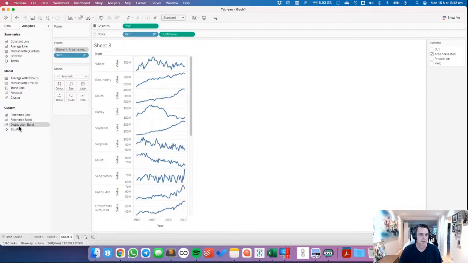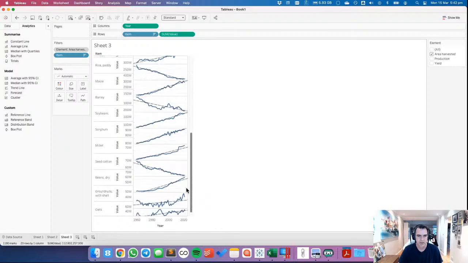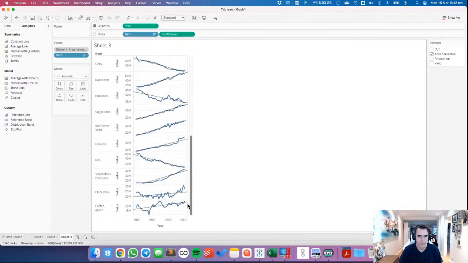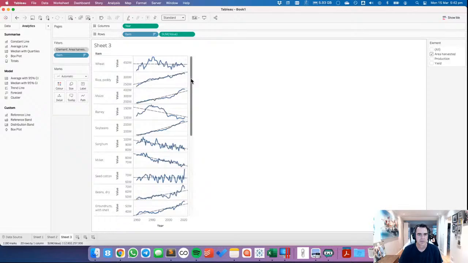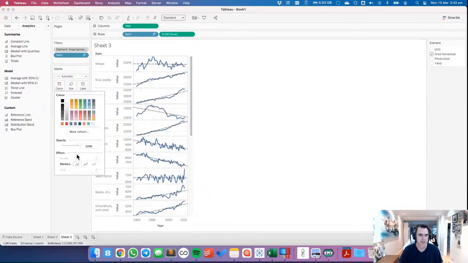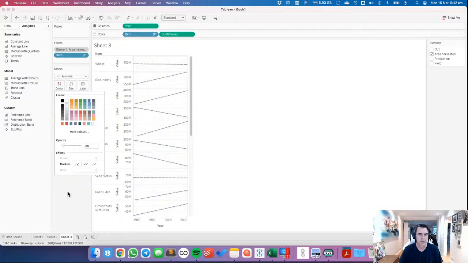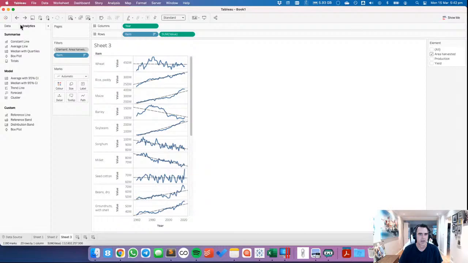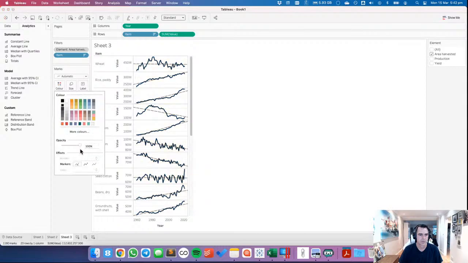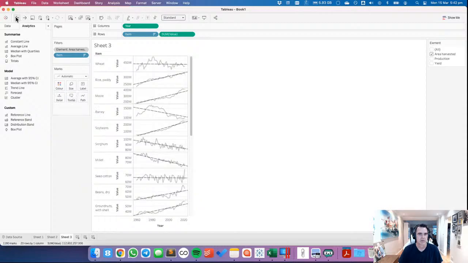I could maybe stick some trend lines on here. I don't know if it's going to be particularly useful. Some of these will be pretty strong trends, but some of them will be quite poor. But you know, sometimes that can be useful. So for example, if I wanted to see just the trend lines, I could always just reduce the opacity of my lines, and there you go. Now you have just the trend lines, or I can make them maybe black and really light or something, and you can put the focus on your trend lines instead. I'll just go ahead and leave them there for now. I'll probably get rid of them later, but